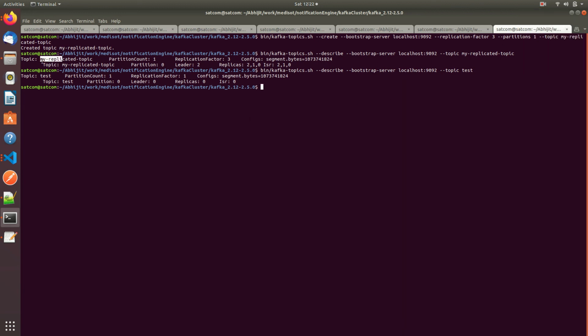Here is the explanation of the output. The first line gives a summary of all the partitions. Each additional line gives information about one partition.